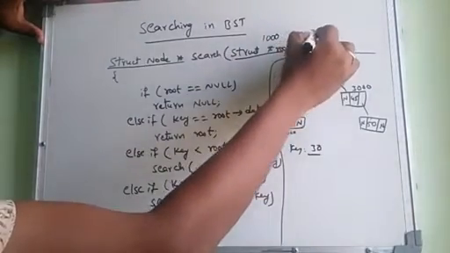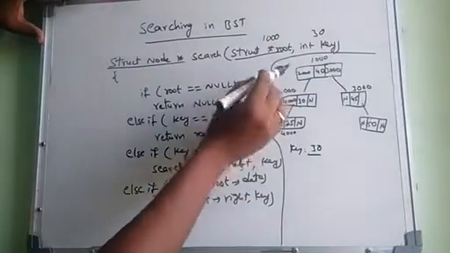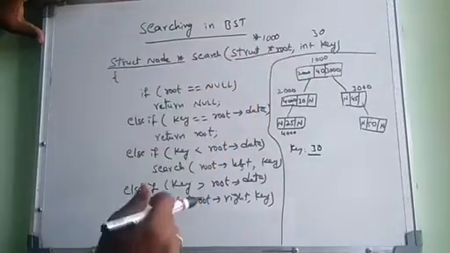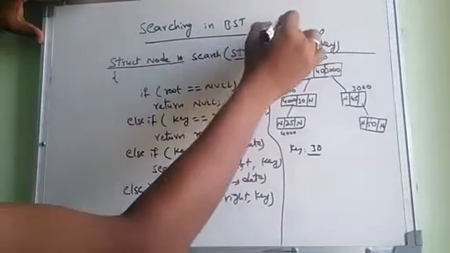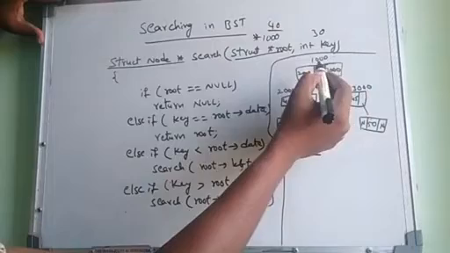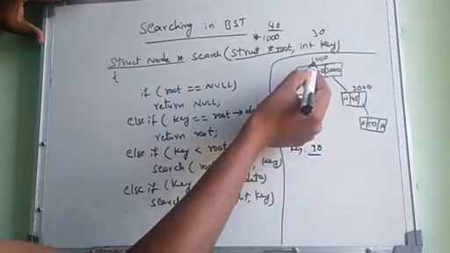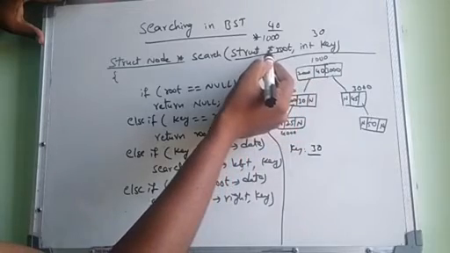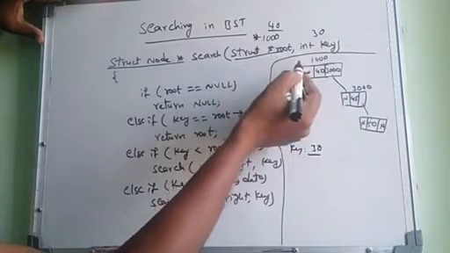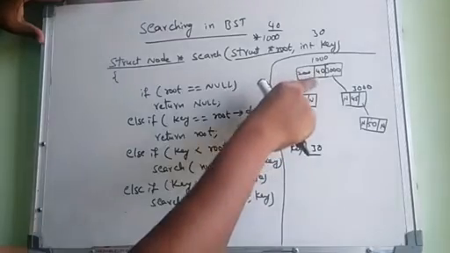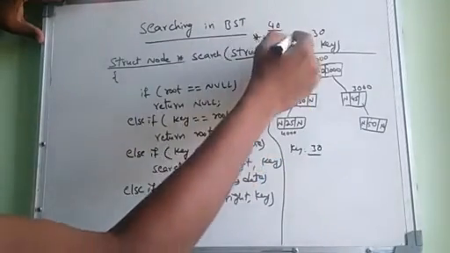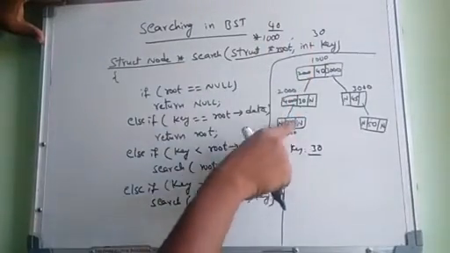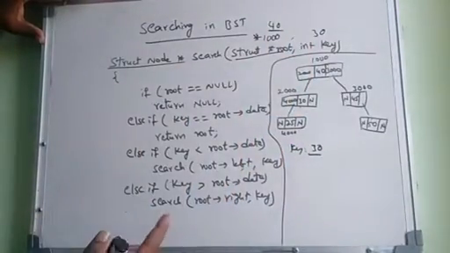The next input is 30. What is the value in the field at this address? At address 1000 the value is 40. Clearly, 40 is placed at the address 1000, so that's why I mentioned root is the address. The pointer fetches the value at that address, which is 40. So we take the current root address, and the element we want to search, 30, as inputs.